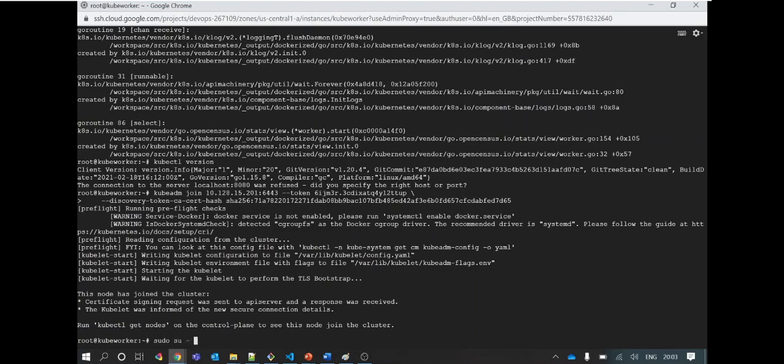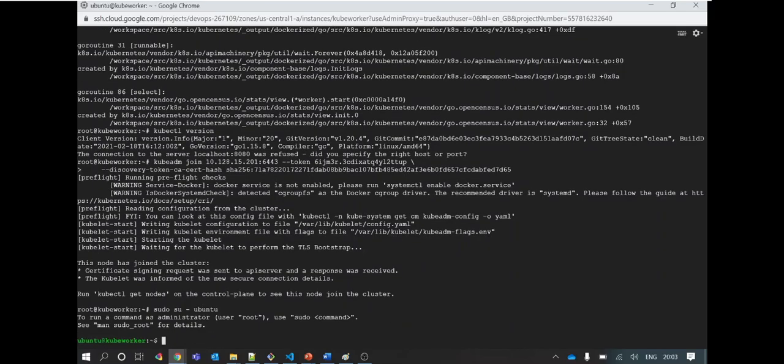Since I have kubectl deployed here, I can run it, though generally we do not do anything on nodes. But most of the operations will not be supported until I put my kubeconfig here.